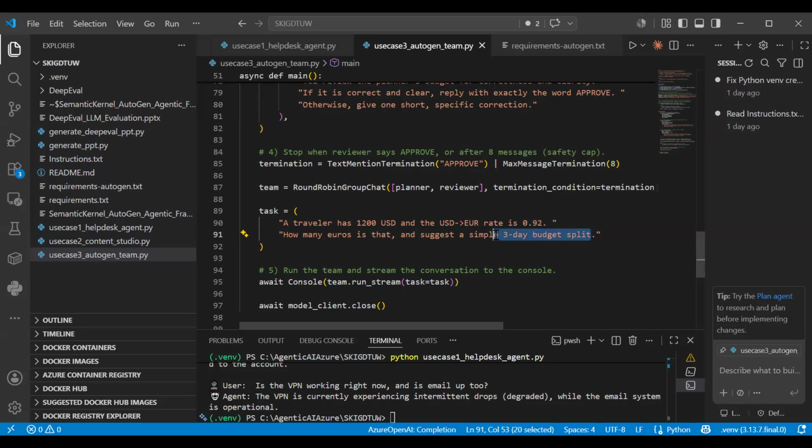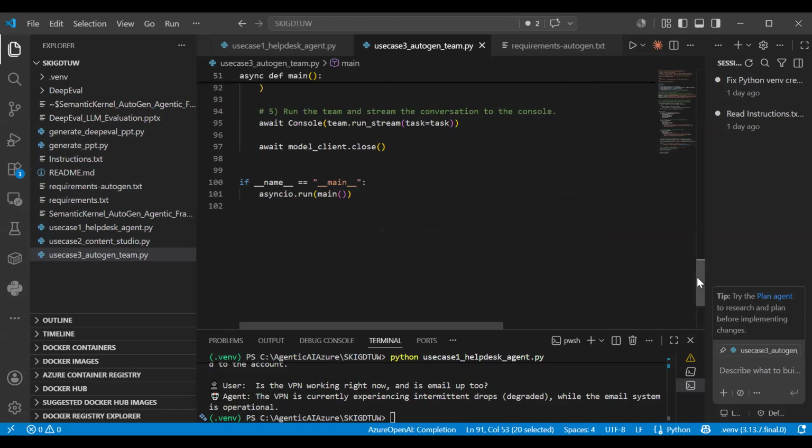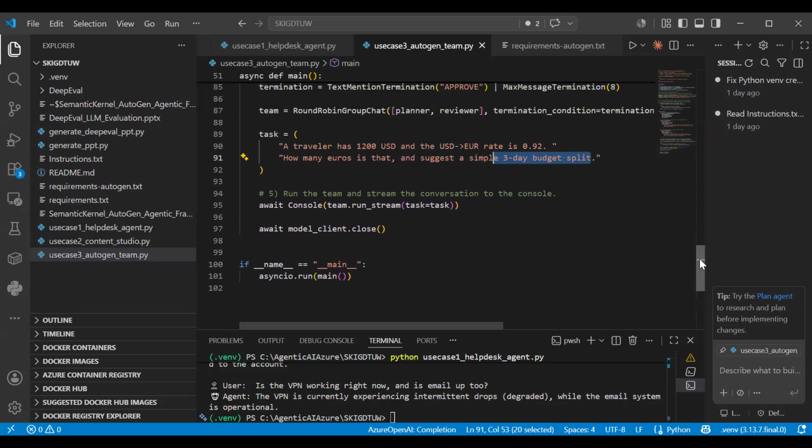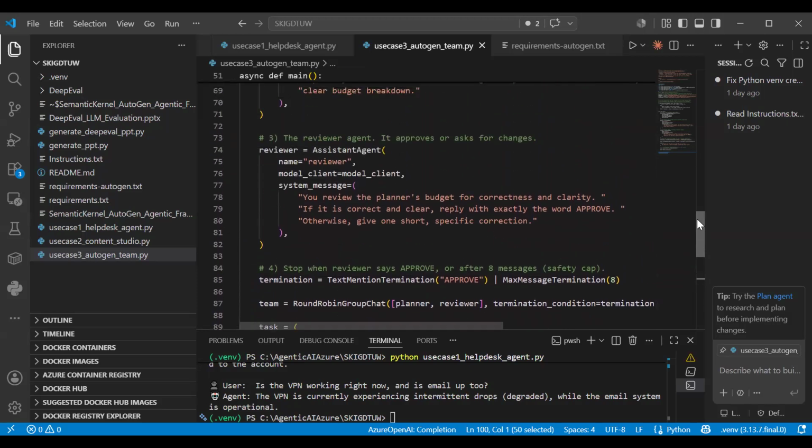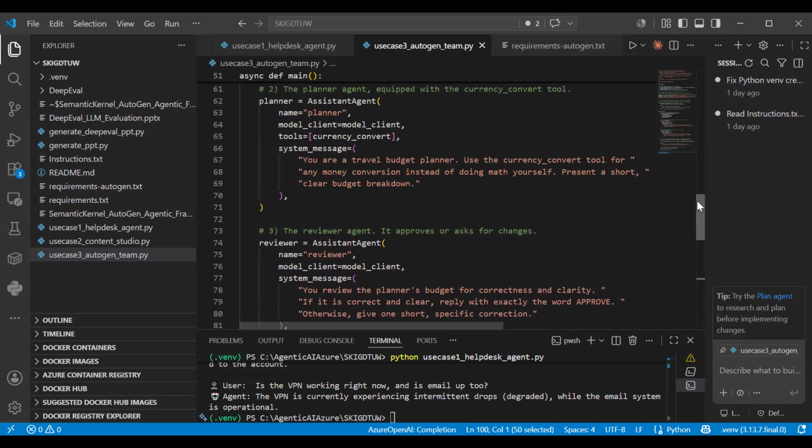So we are saying convert it and then give us a 3-day budget plan also. Now we have to await async because we want our response in the console. We have to close the client and then start it, because then the application will start. So this is the entire flow, the coding of our AutoGen.